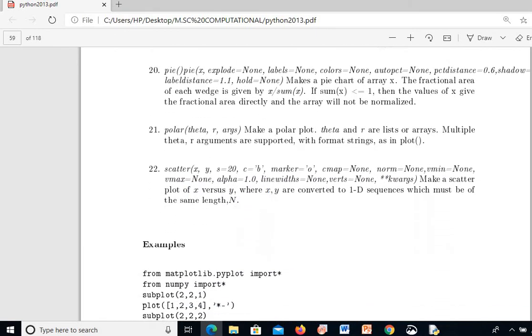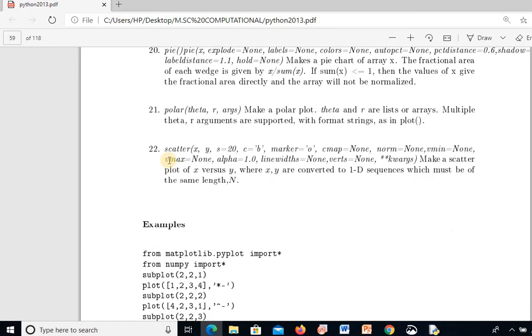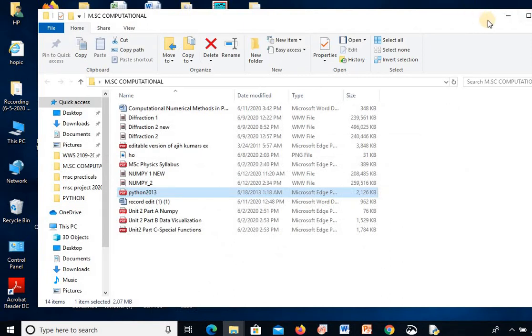I can use scatter. When we are drawing graphs, we normally put dots. To get those dots, I can use the command scatter. So these are all the functions, and you just go through the text that is given to you, and we'll discuss each of the programs one by one for understanding each of these functions that we have discussed so far.